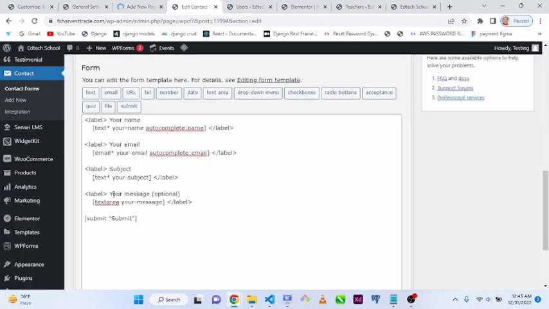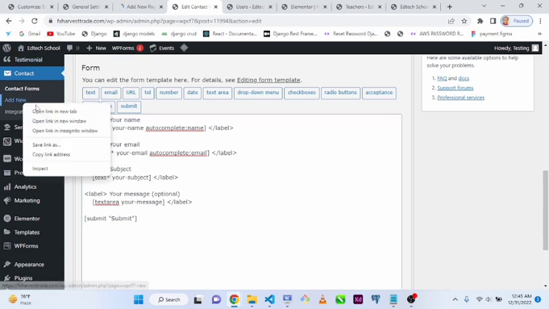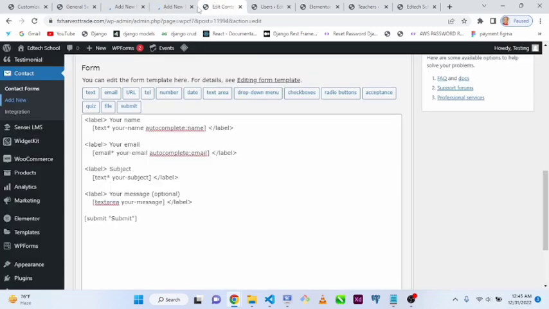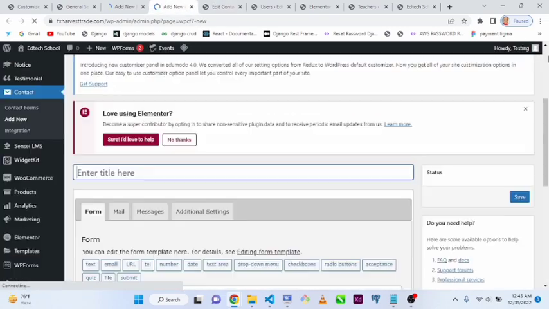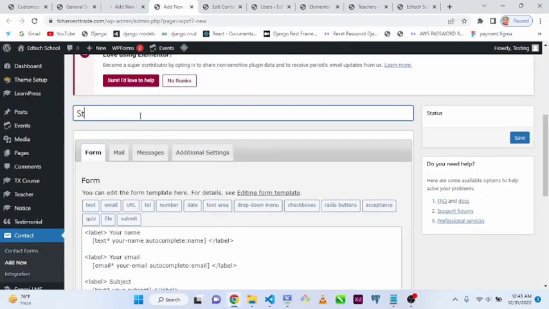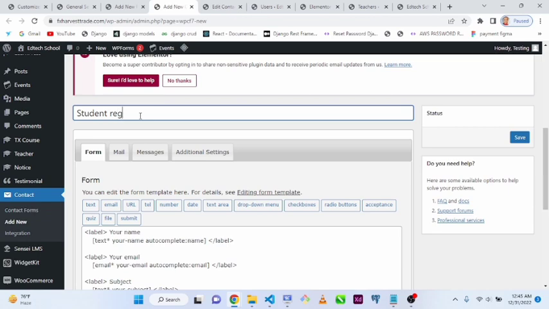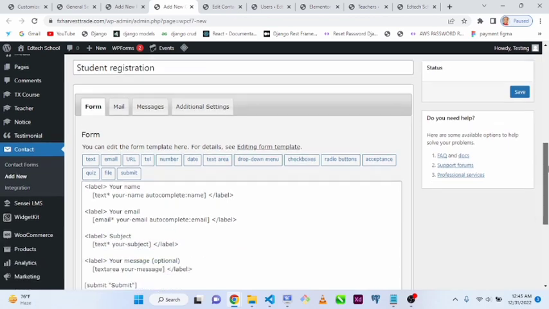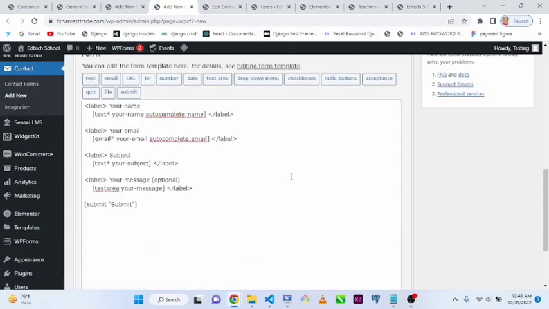Let's say your message, let's say your name. I'm changing this contact form, or rather I can add a new contact form. Let me just leave this for now. Let me just add a new contact form. After adding the new contact form, I will name it Student Registration. All right. So creating a new contact form, Student Registration, and then I have my name, your name to complete,